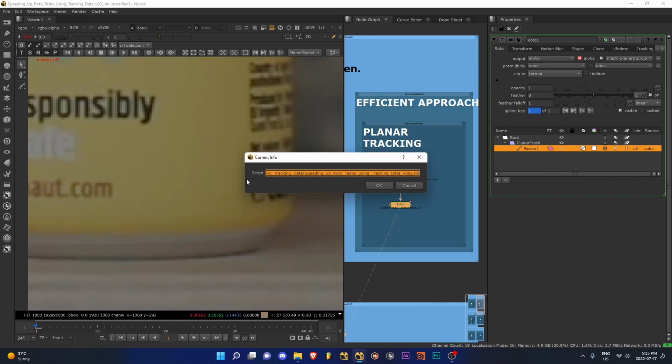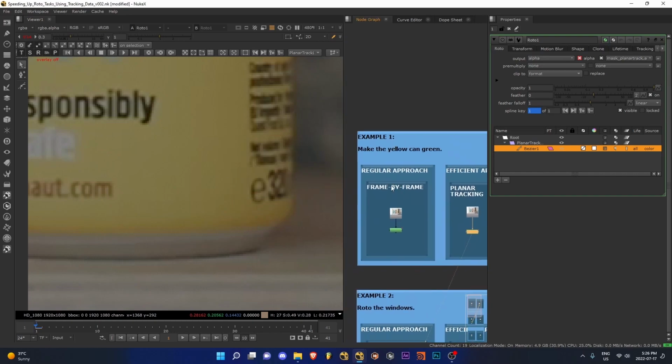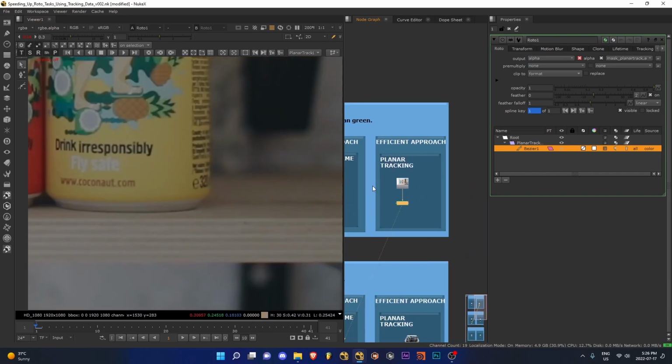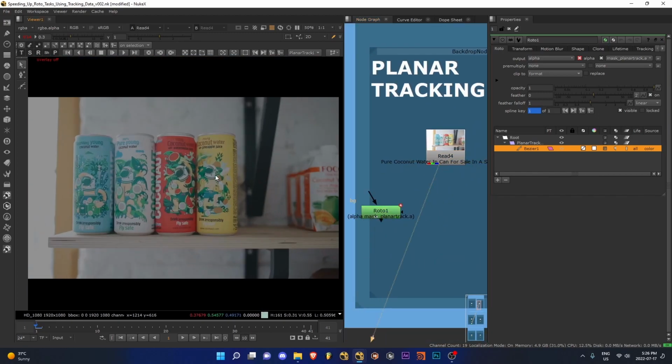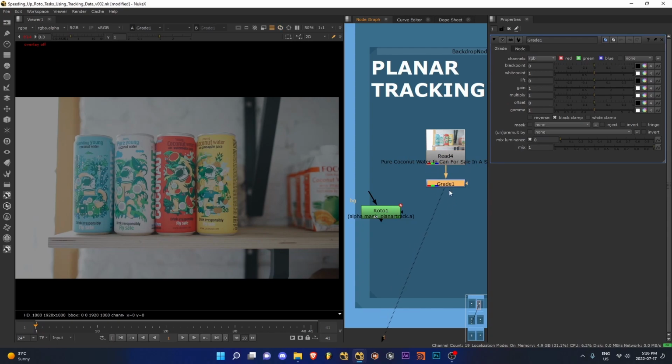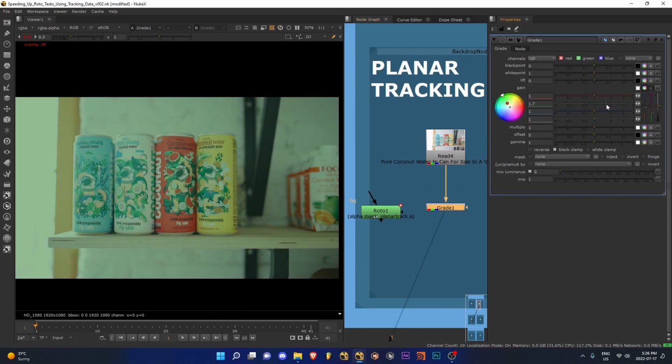I'm pretty happy with this, and now, the task was to make the yellow can green, so let's do that. So I got the Roto. What I'm gonna do is view my plate, put a grade node, go to gain, and try to make my plate more green,